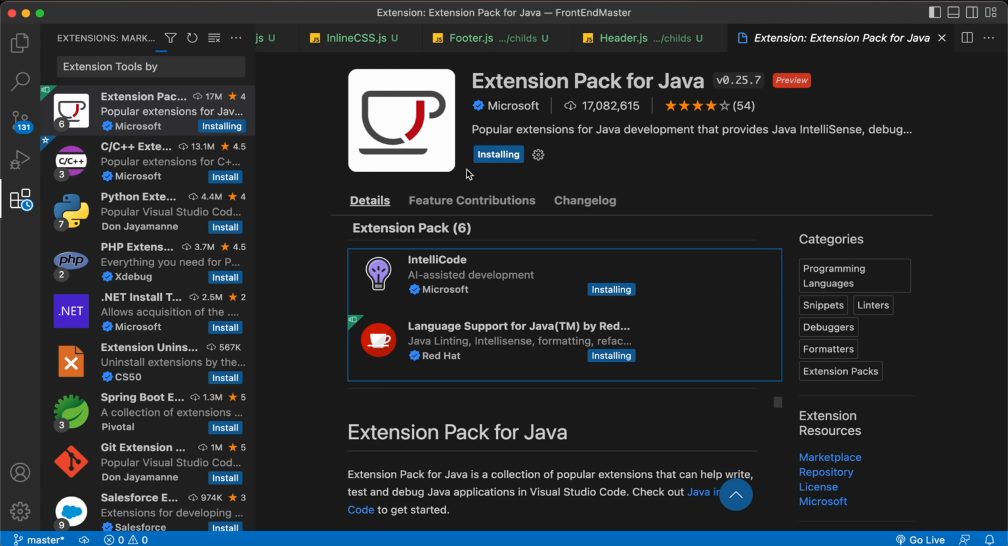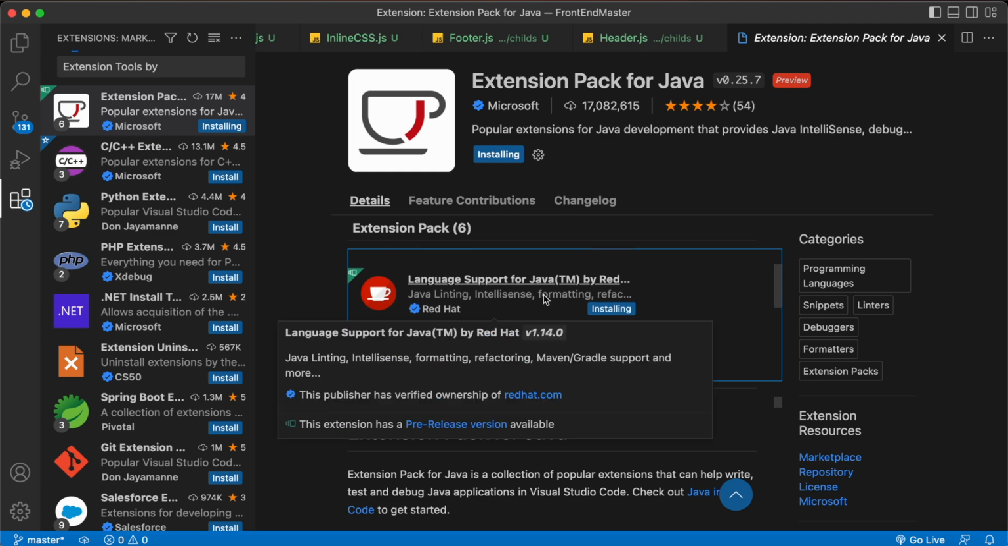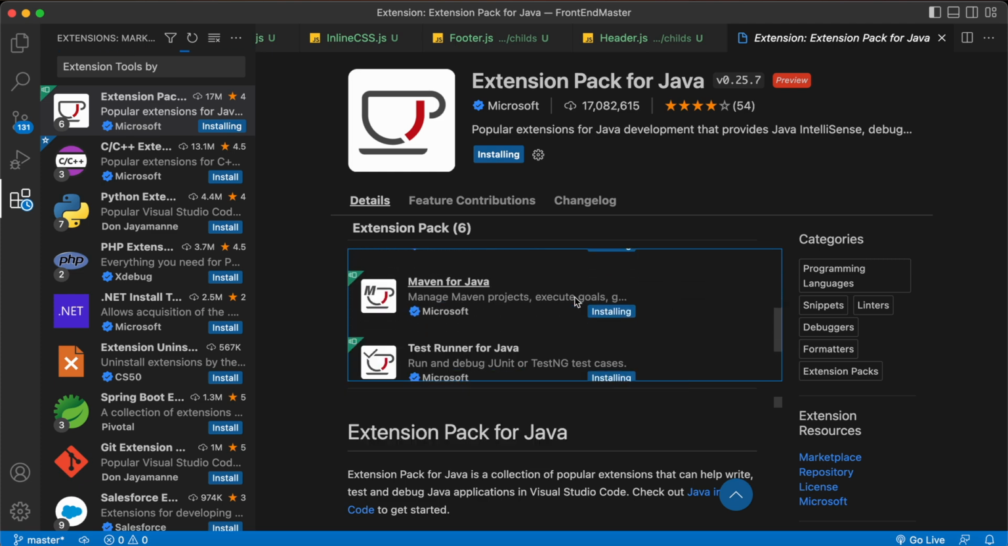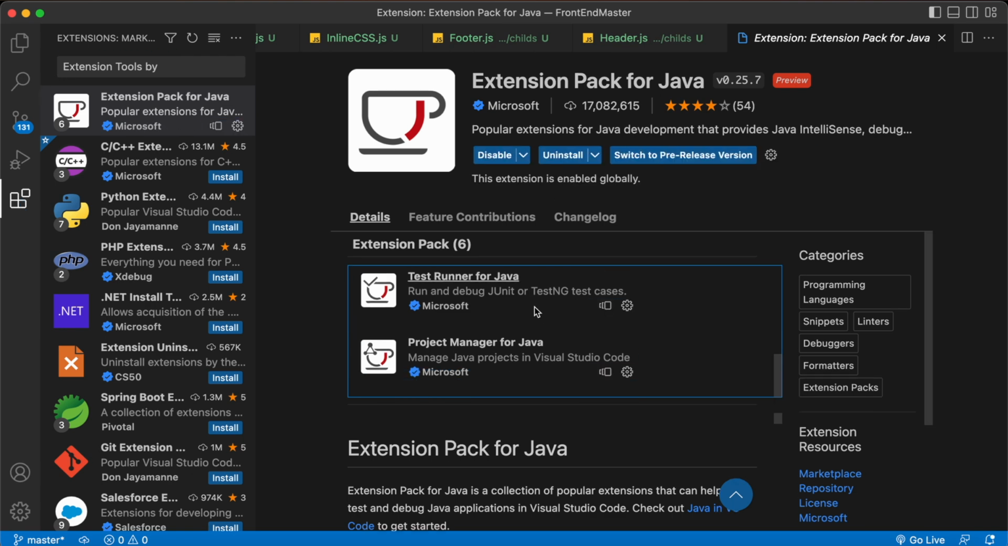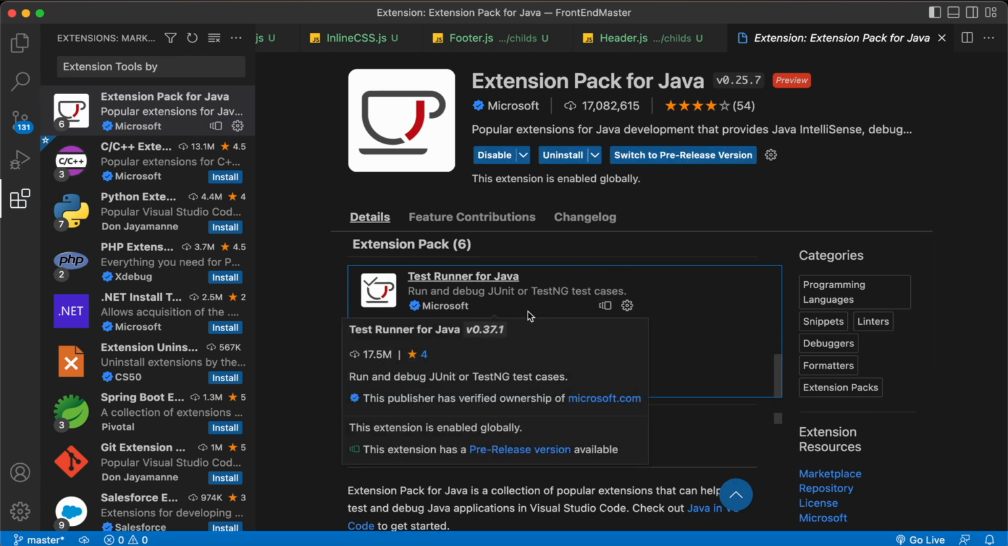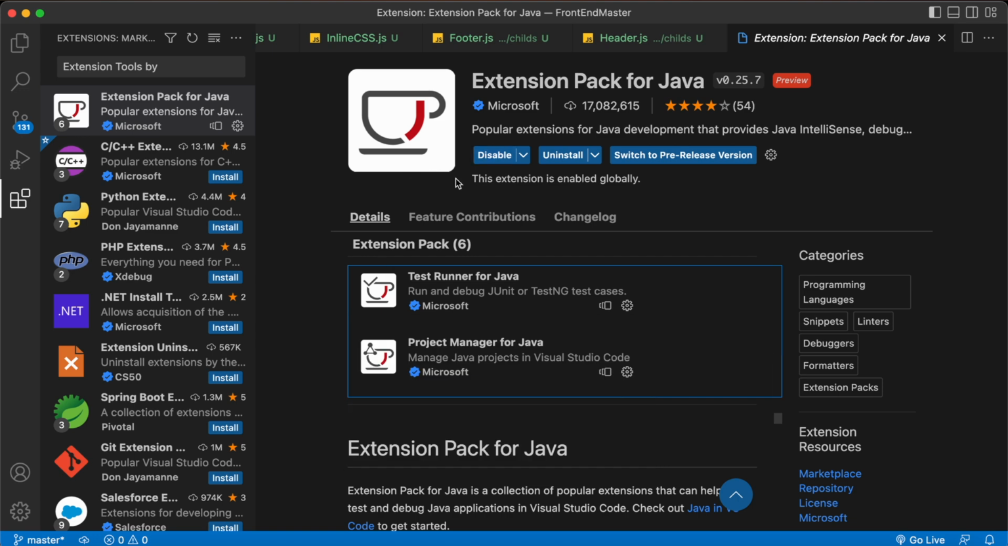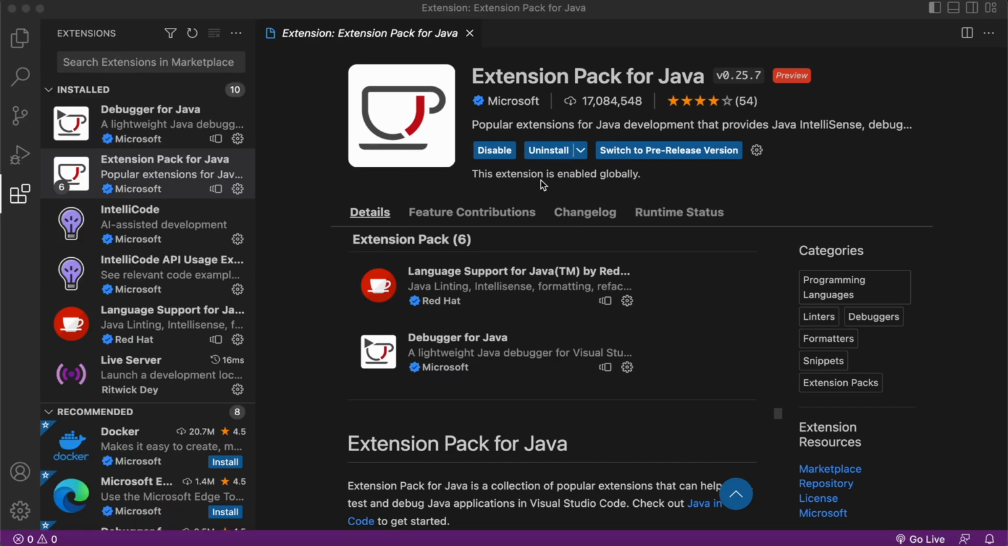This extension pack basically contains all these 6 sections: IntelliCode, language support for Java, and debugger for Java are there, Maven is there, test runner is there for running JUnit and TestNG test cases, and project manager is there. Okay, so we have installed this extension pack for Java, and now we are going to open our